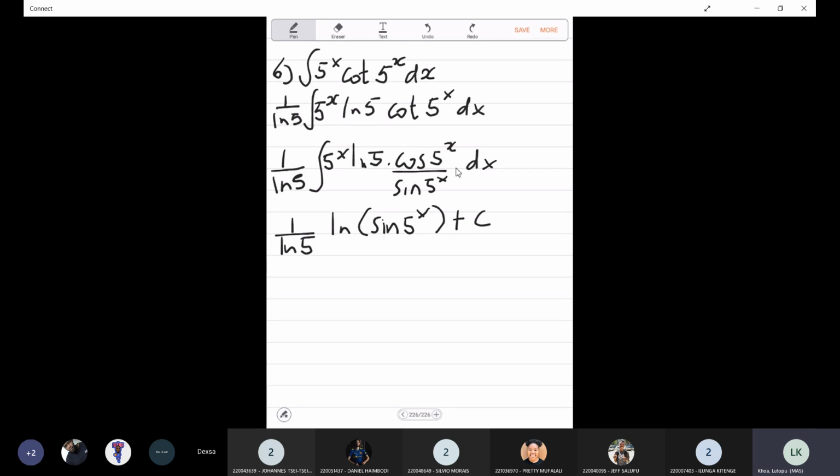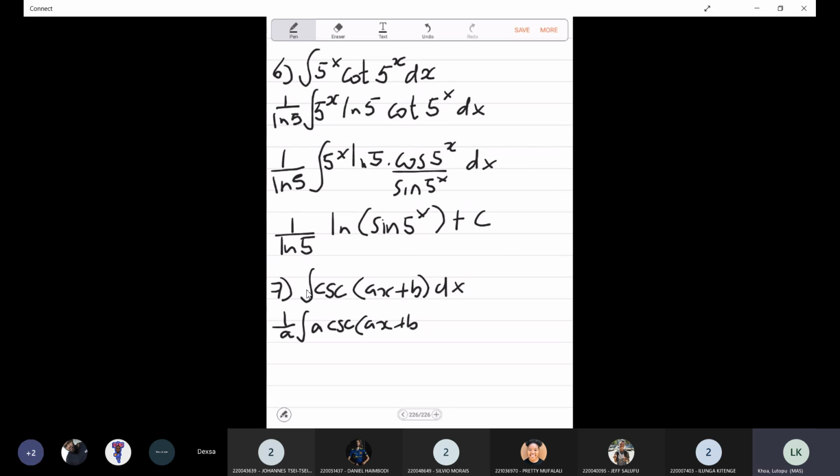Okay, let's look at one more. Number 7, we have the integral of cosec of ax plus b dx. So here again something is missing, the derivative of ax plus b is missing. The derivative of ax plus b is just a, so I need an a here and then a 1 over a outside. So I have 1 over a and then the integral of a cosec